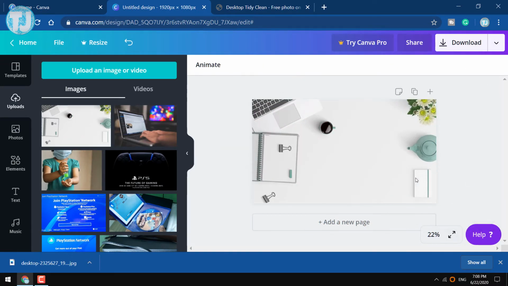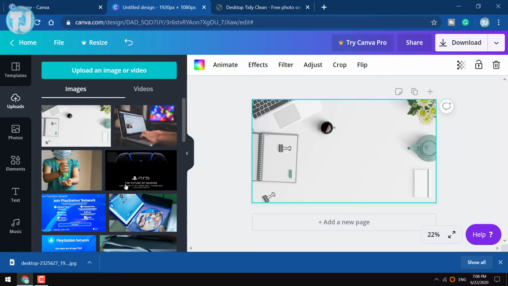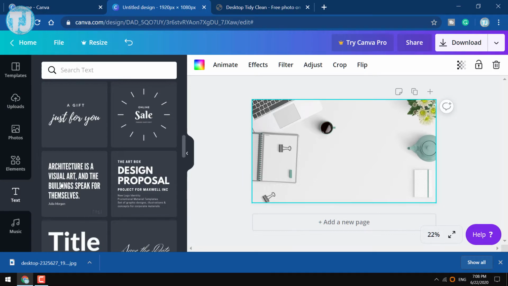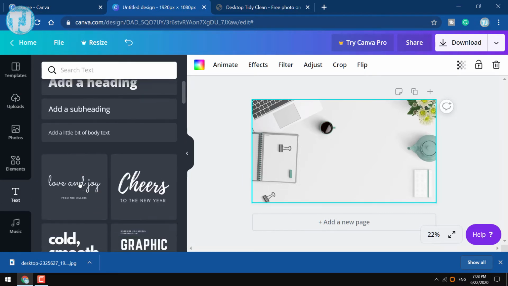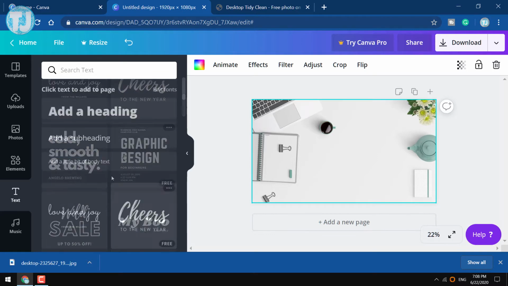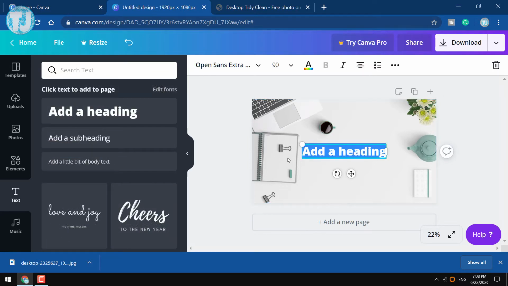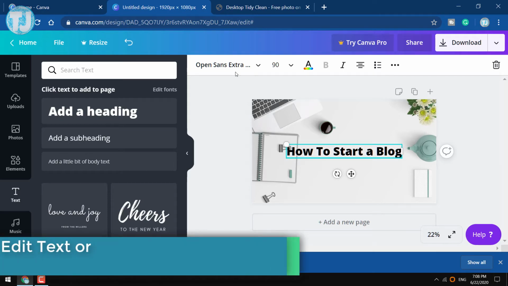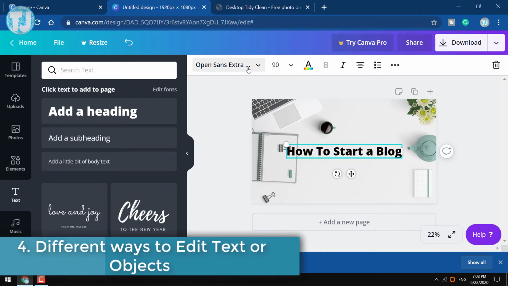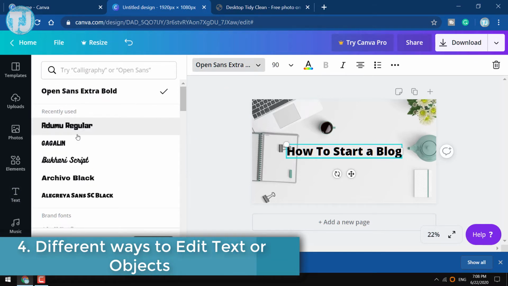And the next step is to add some beautiful text in our design. So friends, click on this text icon and now you can choose from these font types, or what you can do is click on add a heading. And now friends, you can see that the new text is added in our design. If you want to change the text font, click on this font drop down menu.